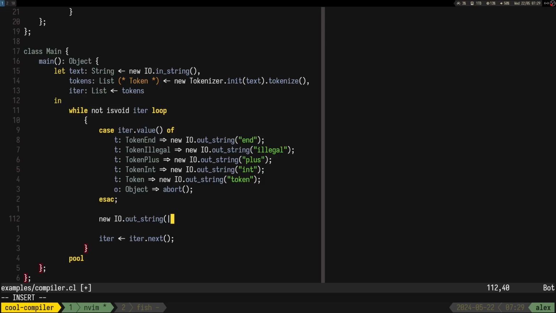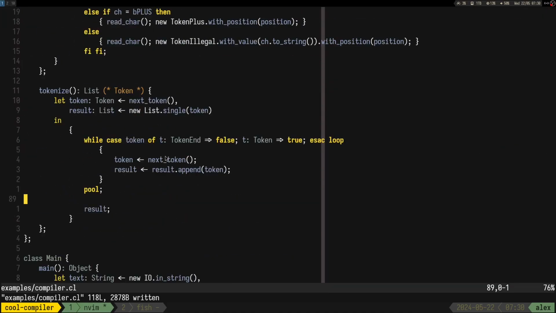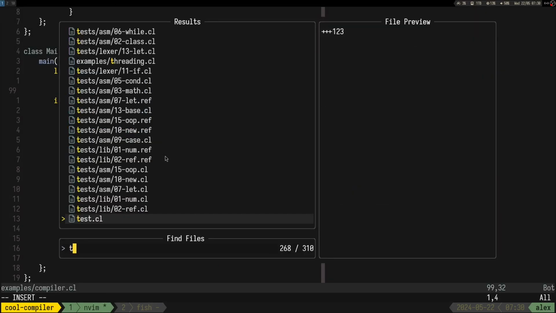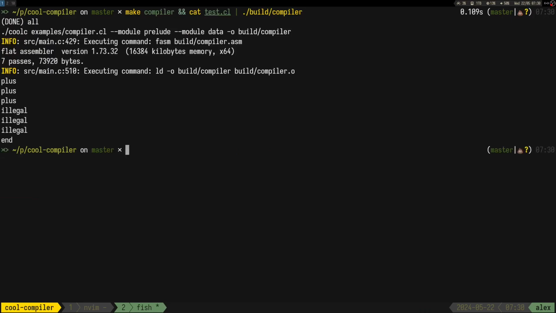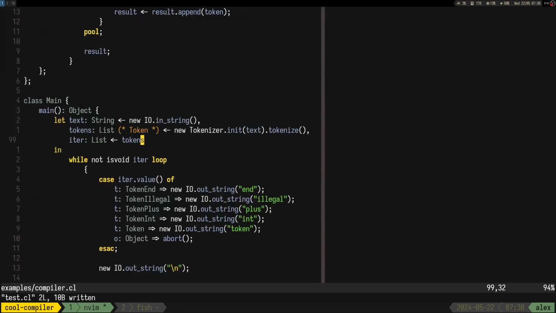Let's put a new line between our tokens, and if we take a look again, plus plus plus, then illegal because we don't do anything with the numbers right now. Let me test CL it. Let's put some spaces as well. It still works. That's great news.